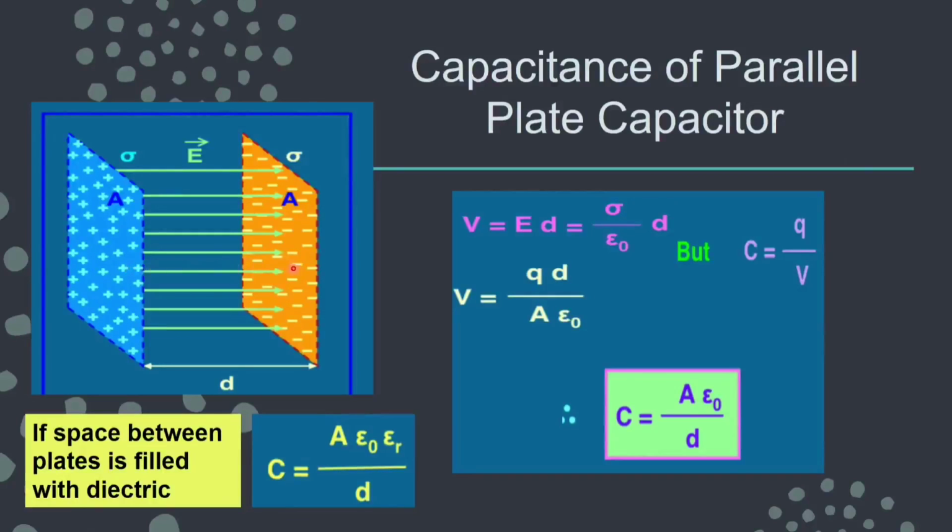So if V is the potential difference, then by the relation between E and V, you can write V equals E d, and the value of E is known to you, that is sigma upon epsilon naught, and d here is the distance between the two parallel plates. The distance is of course very small, it can be 0.5 millimeter. So the distance is not this large, the size of the sheets is very large and the distance is small. You should keep this in mind whenever you have to state a parallel plate capacitor.